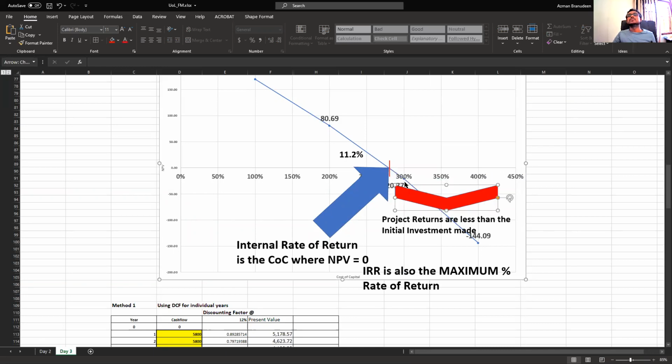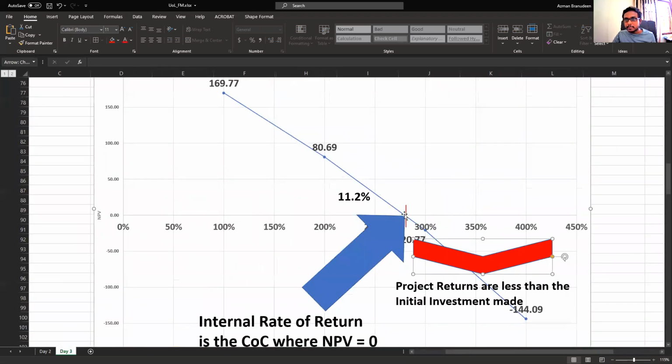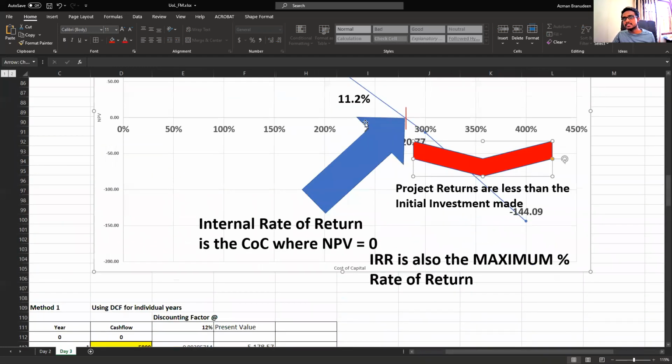So the moment your cost of capital goes more than the IRR, you will notice the return line is now on the negative NPV side. So that is why we say IRR is the maximum you can push. If you push it further, the cost of capital or the rate of return that you're trying to charge, if the bank increases their expectation more than the limit that you can bear,